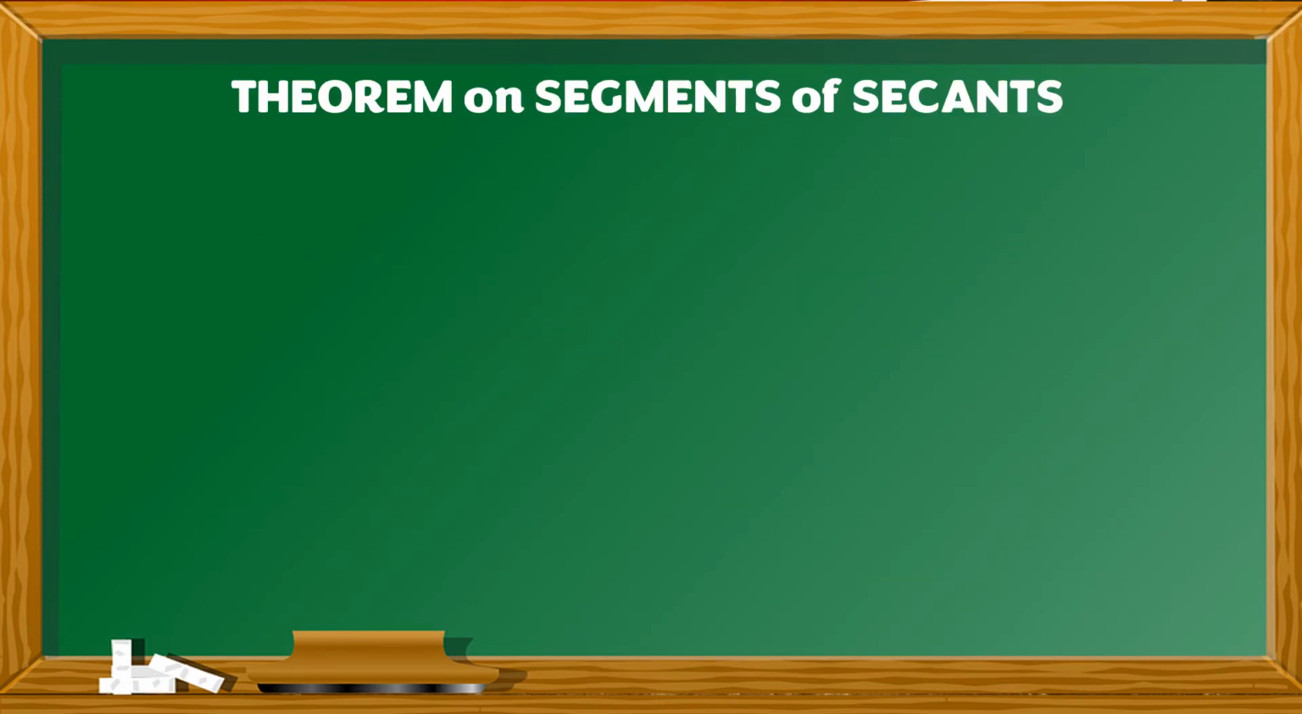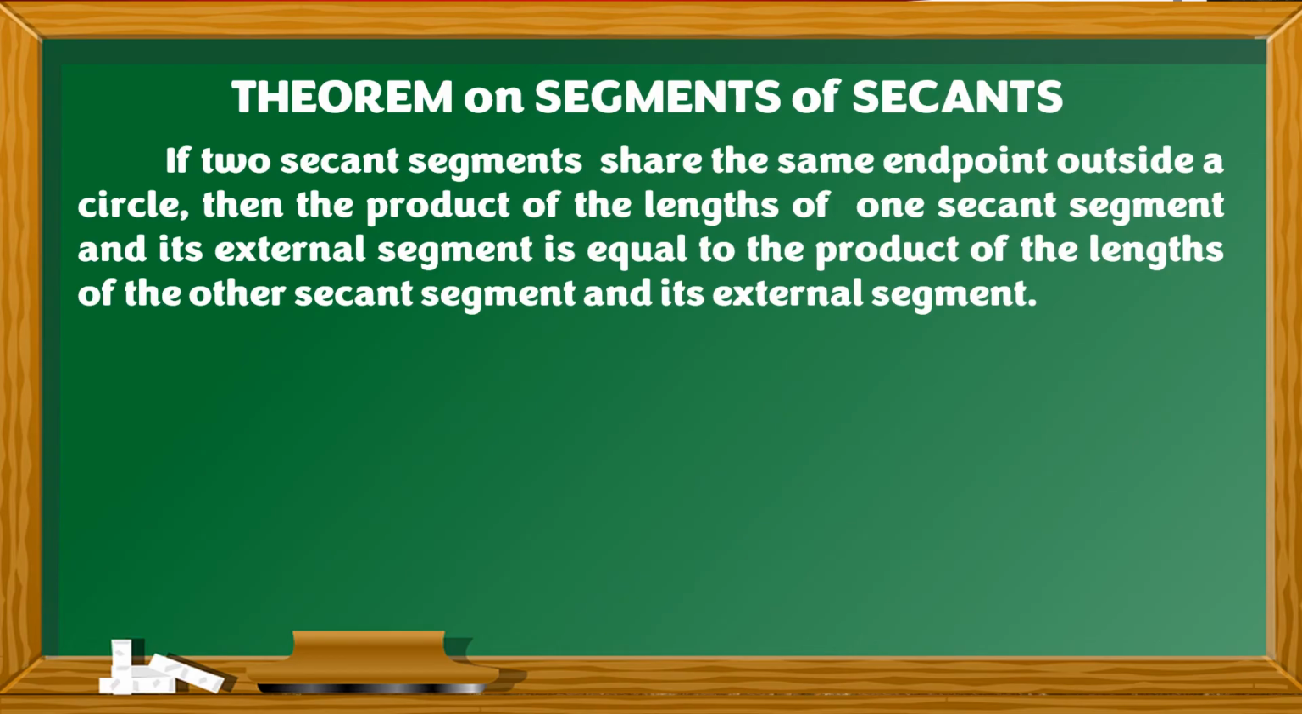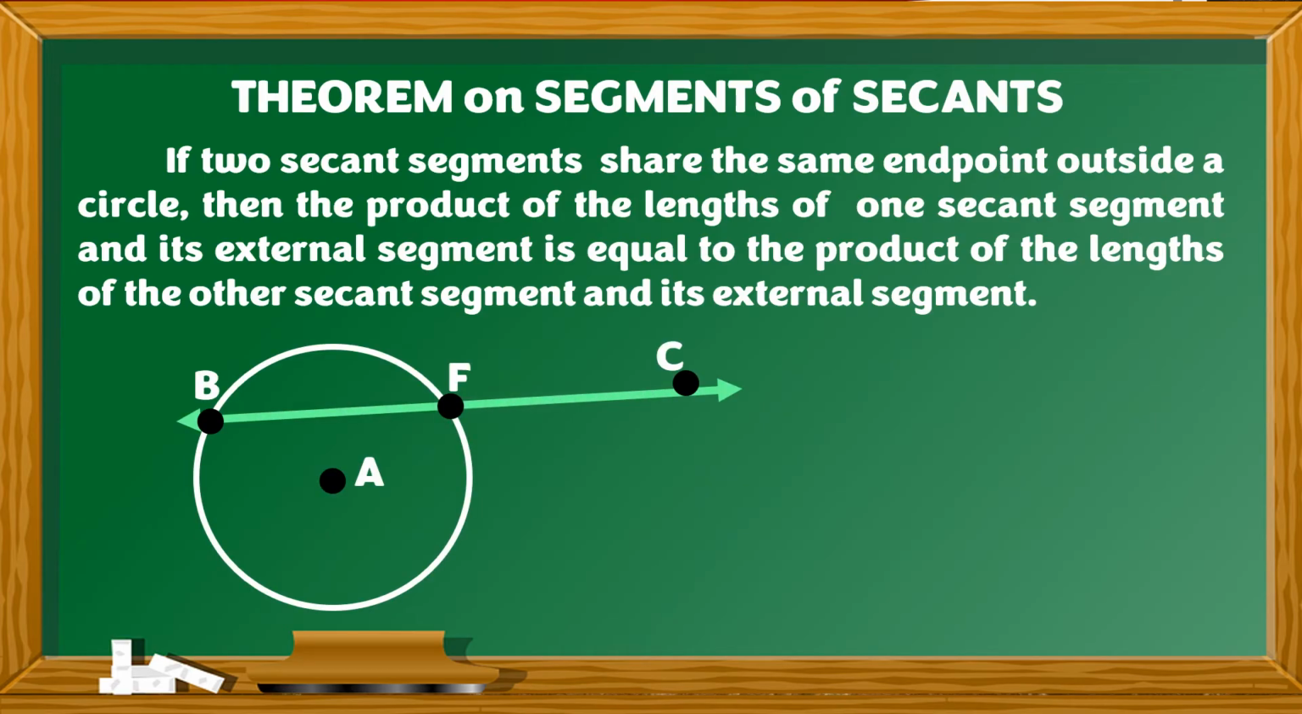Theorem on segments of secants. If two secant segments share the same endpoint outside the circle, so let's have circle A, and we have line BC is a secant line, and line DC is also a secant line. So these are the two secant segments that share the same endpoint outside a circle, and the common endpoint is point C. In the theorem, the product of the length of one secant segment and its external segment